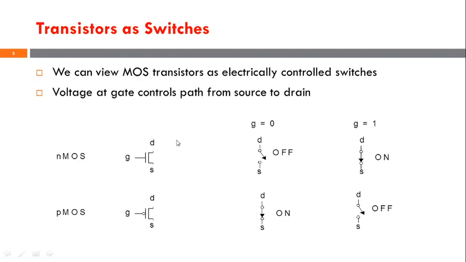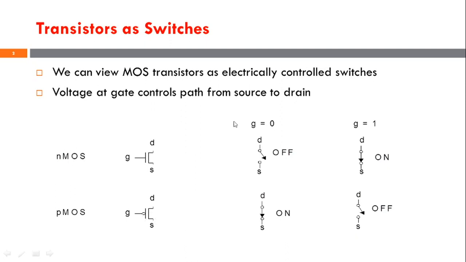Before going with the actual CMOS logic design, we should understand the transistor as a switch. Basically here we are looking at MOSFET. We have an NMOS and a PMOS. It is a symbolic representation of your NMOS and PMOS. It has three terminals: source, drain and gate, and the fourth terminal is body. Right now it is not shown, which means it is integrated with the source. In the same way for your PMOS: source, gate, drain, and the fourth terminal is body, which is integrated with the